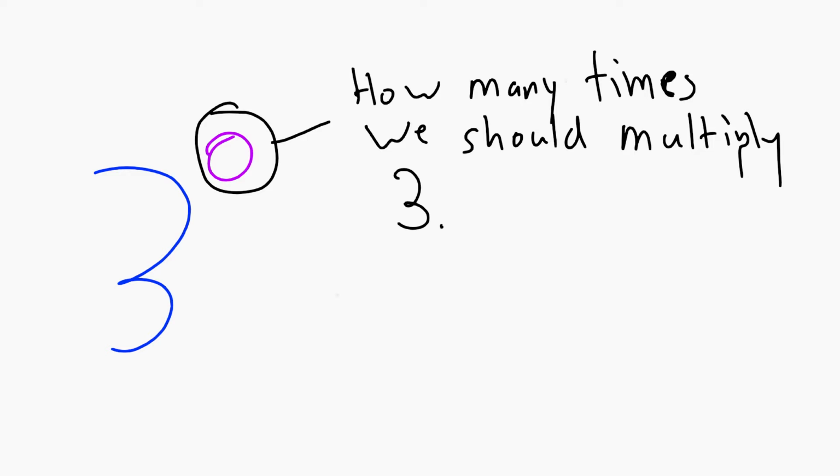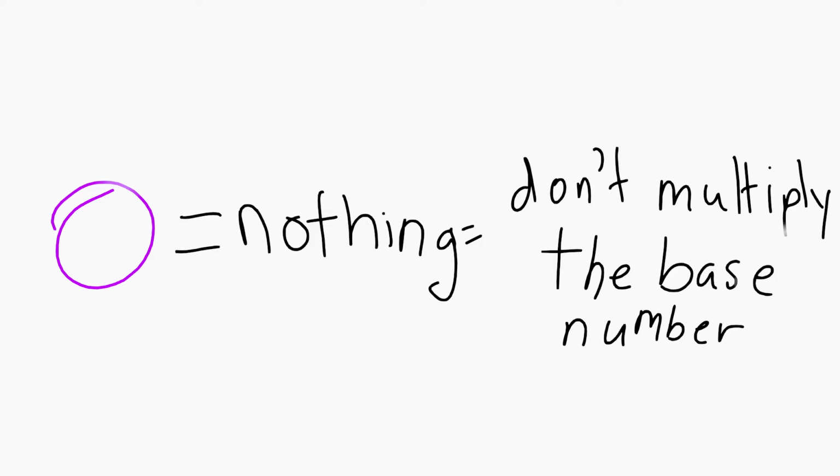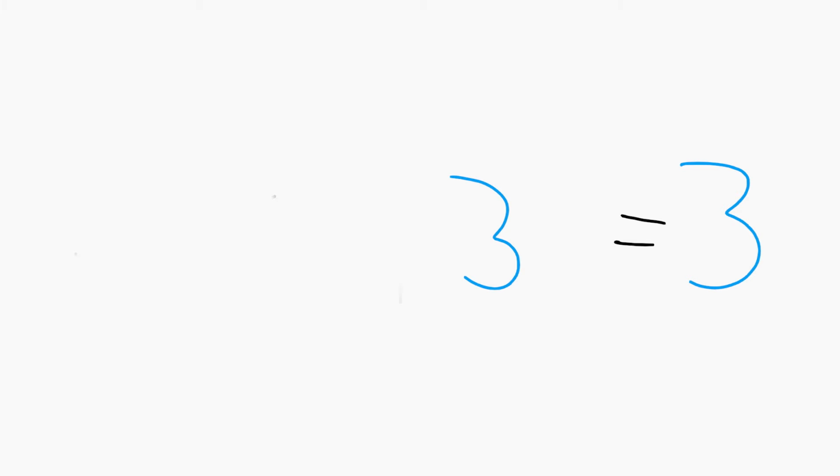Let's take 3 to the 0 power. The number at the top tells us how many times we should multiply 3 together. And in the case of 0, that's nothing. We should not multiply the base number at all. So, our second fact from there that will help us figure out what a number to the 0 power is